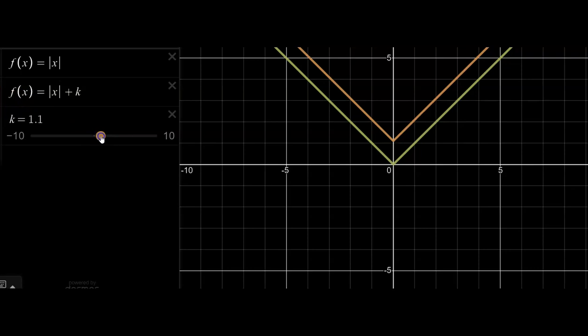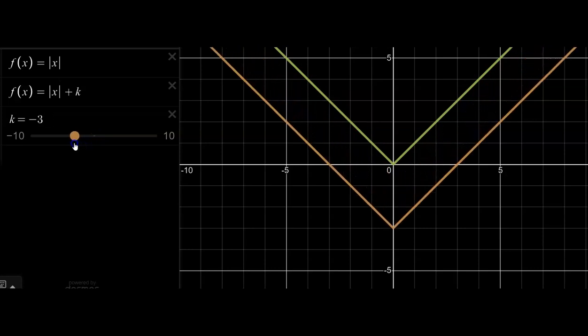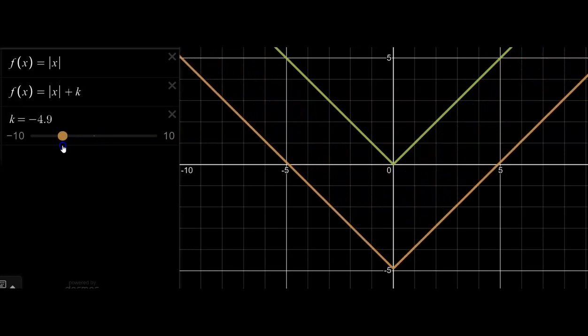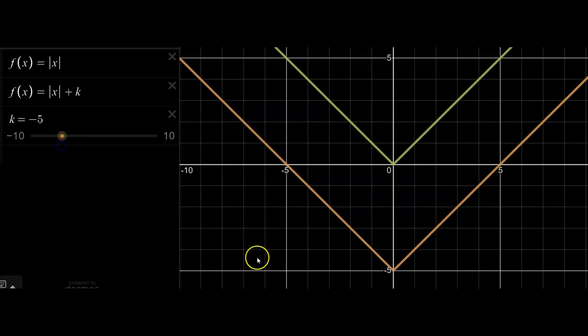What happens when I add to the outside of the function? The graph moves up and down, right? Now, if I subtract, then the graph will move down. But as far as the shape goes, it is still the same shape, meaning over 1, up 1, over 2, up 2, the same pattern. So adding k, the number on the outside, will move the graph